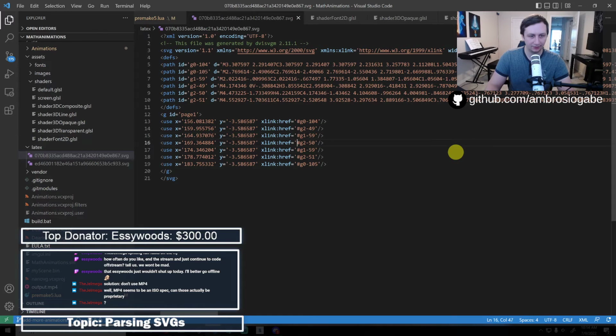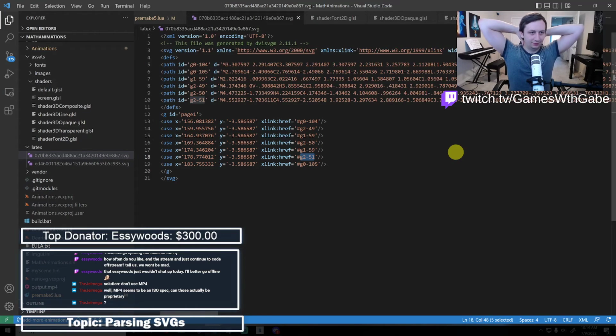G250, G159. Okay, we do reuse G159. And we reuse, no, we don't use that. Okay. The reason I was thinking about that is we might want to also reuse these elements instead of just copying all that data, because that's going to be expensive.